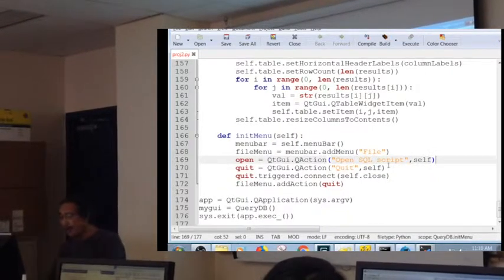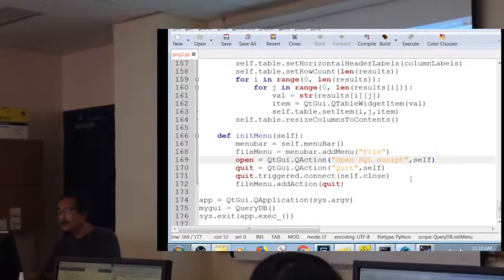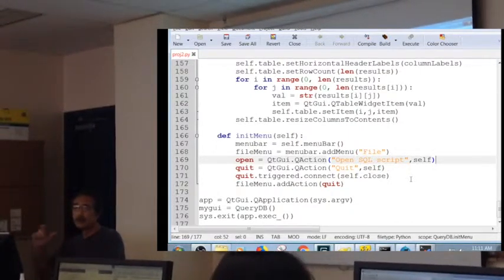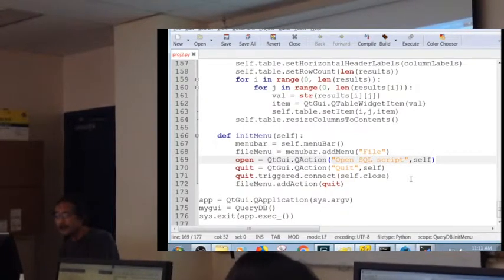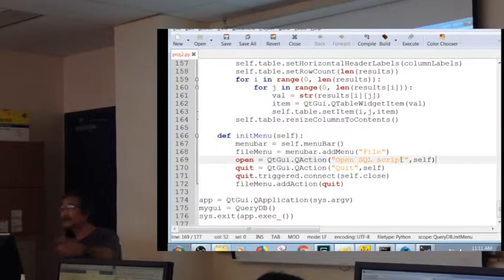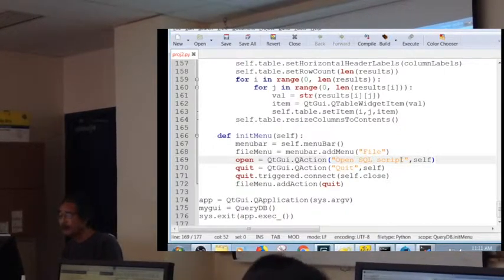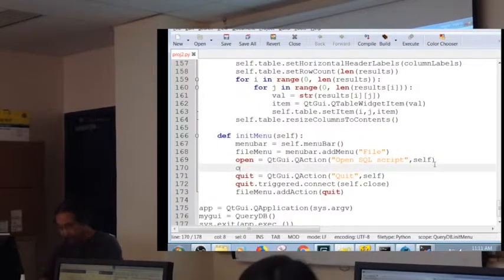Now if you recall from doing Java Swing programming in ICS 111, when you're creating the menu items, JMenuItem type stuff, this text is super important because that's part of the action command that basically tells you, okay, this is what you do when this menu item is clicked on. This has a different event handling model. The way it's handled is like this: open dot triggered